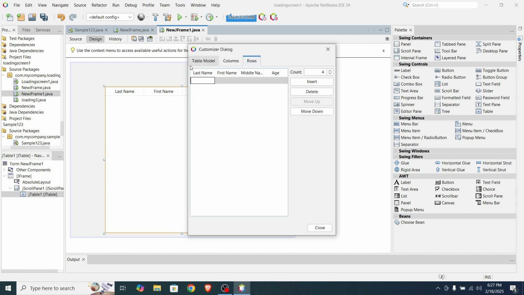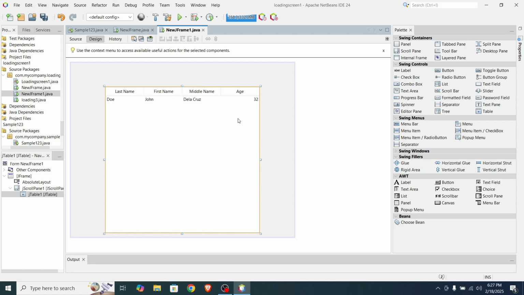Just for example, last name, Doe, John De La Cruz, age is like 32. Okay, close, and it adds the data.